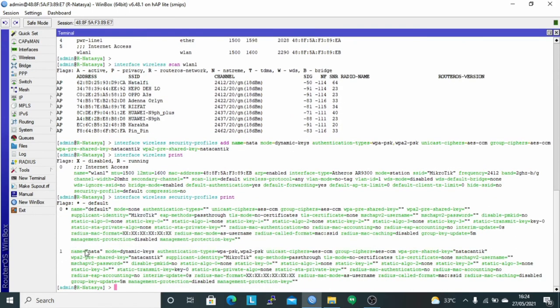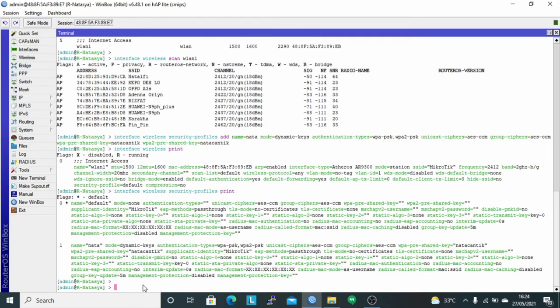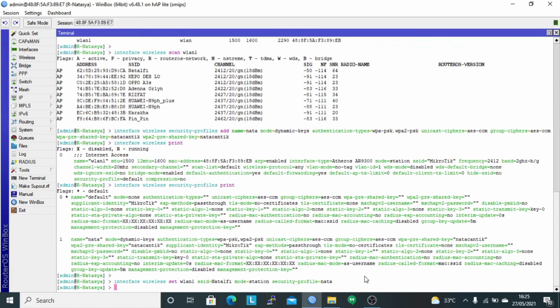It can be seen that the security profile with the name Nata is created, and then set interface WLAN1 with the command interface wireless set WLAN1 using SSID NATAV and use mode station and using the security profile Nata, and then check with the command interface wireless print.